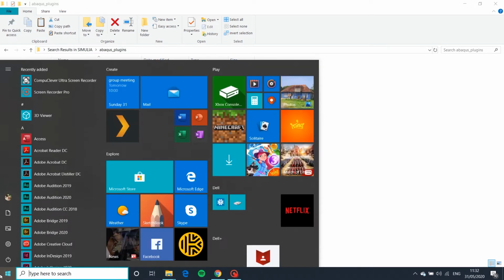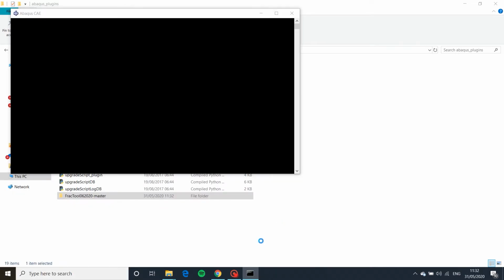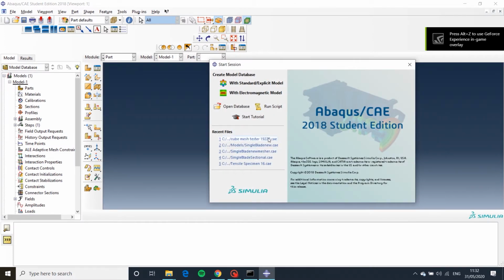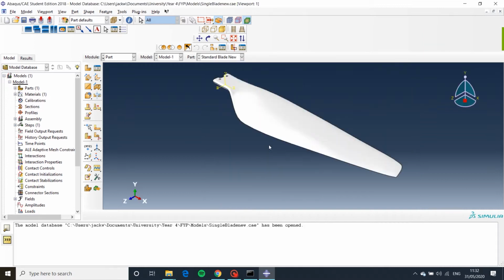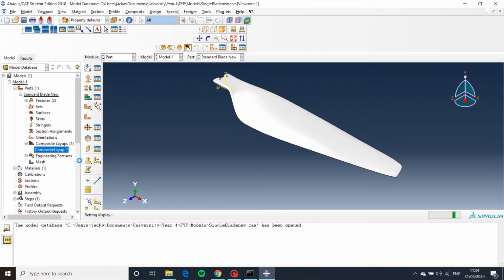Once we've got that pasted in, we can open Abaqus CAE from the start area and pick a model. I've just chosen a recent model. This model is a complex propeller, and we can see we've got models, parts, and within the parts a single part, which is the propeller blade. Most importantly, we have a composite layup, which is required for FracTool, and this composite layup is defined throughout the whole of the propeller. So we can open that up,